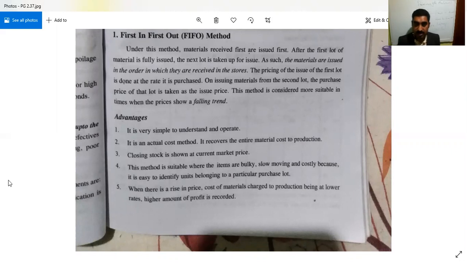After the first lot of material is fully issued, then only the second lot or the next lot is to be taken care of. As such, the materials are issued in the order in which they are received in the